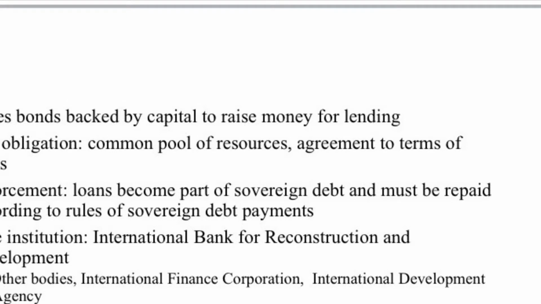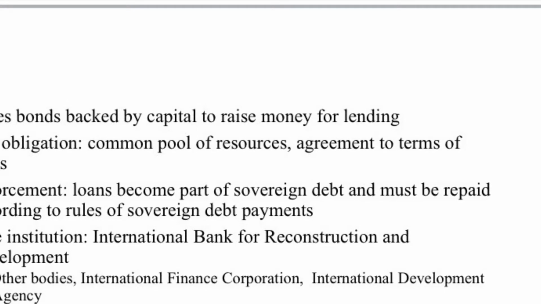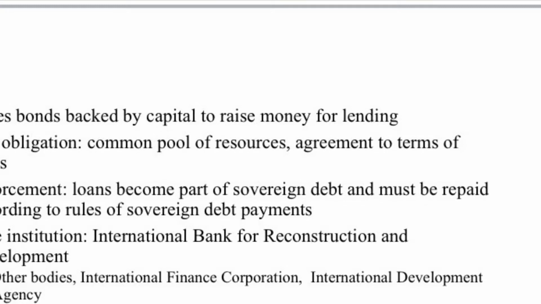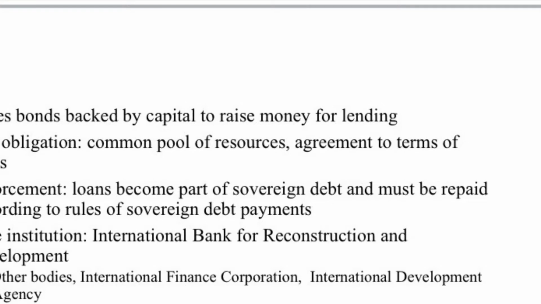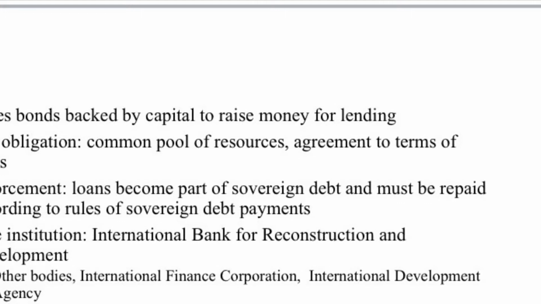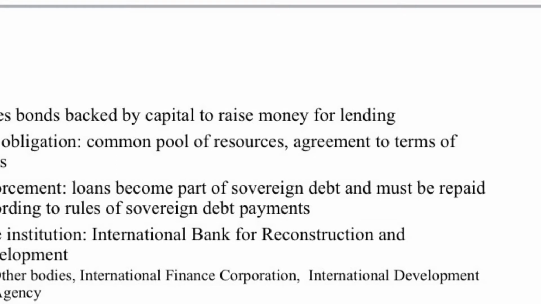The core institution in the group is the International Bank for Reconstruction and Development. It is what we commonly refer to as the World Bank, and this is the main focus of this PowerPoint. The other bodies were added over the years to expand the ways that the bank can become more involved in national development strategies. For example, the International Finance Corporation was created in 1956 to organize financing for private development programs, a type of loan that is expressly forbidden to the IBRD.